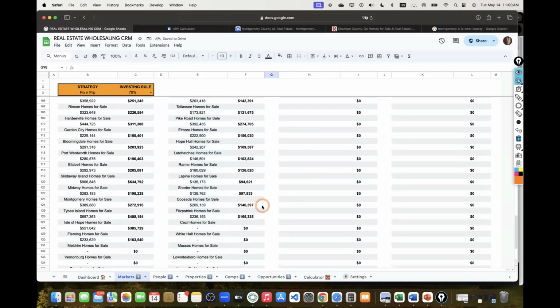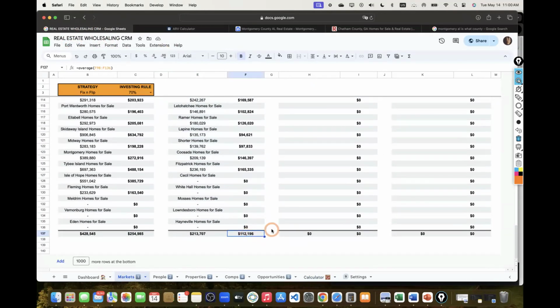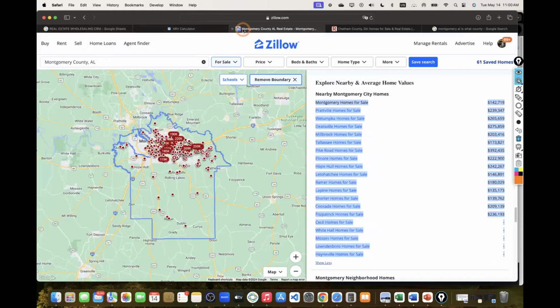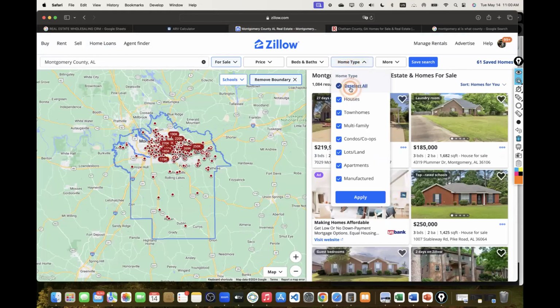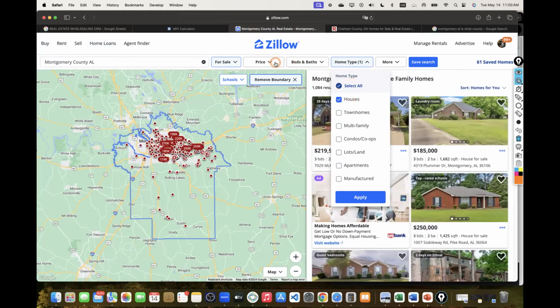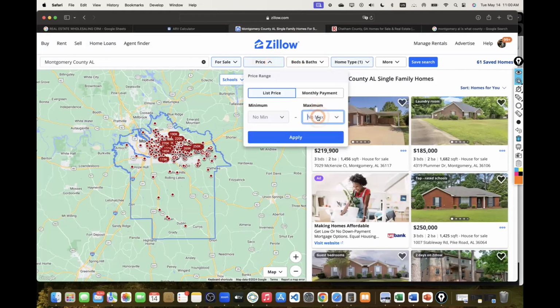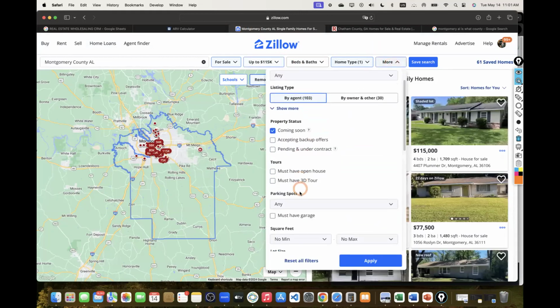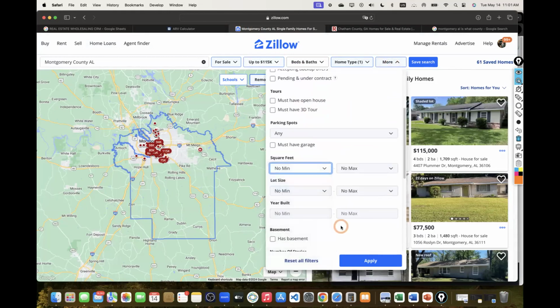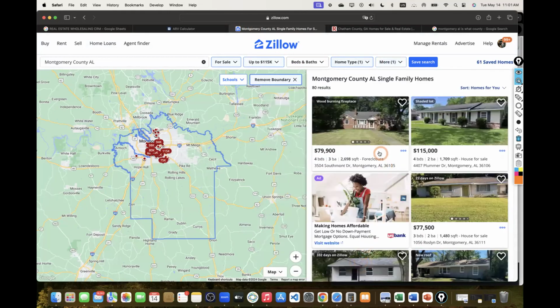If I'm trying to fix and flip, let me go here to the bottom. I've got to look for properties less than $115,000. All right, let's go through it and see how many deals we're able to find. Let me select all that. Select for houses, price point $115,000, and it went down to 103 properties. Again, let's start looking for properties at 1,000 square feet and higher, and down to 80 properties. Awesome. That's the entire county as well. That's amazing.